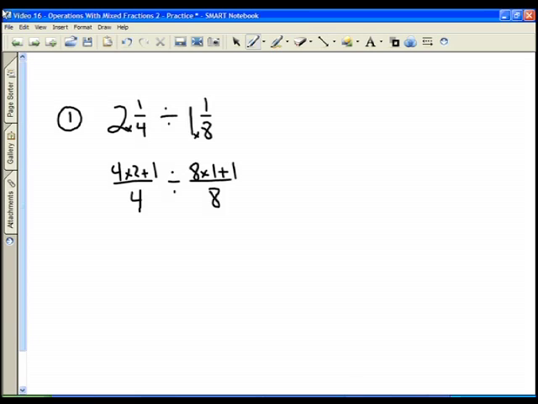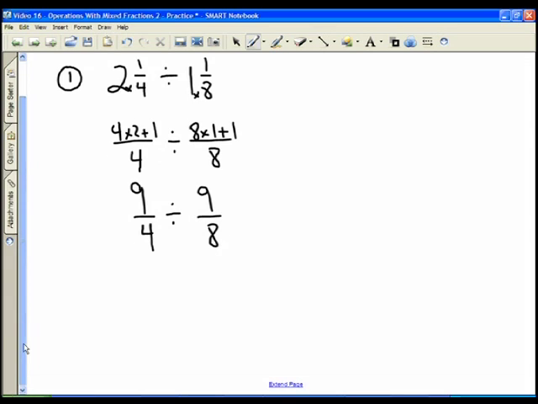And 4 times 2 in the first fraction here is 8, plus 1 is 9. And in the second one, 8 times 1 is 8, plus 1 is 9, so 9/8. And now we have 2 fractions that are divided, so now what we have to do is invert the second fraction and change the sign to multiplication. So we have 9/4 times